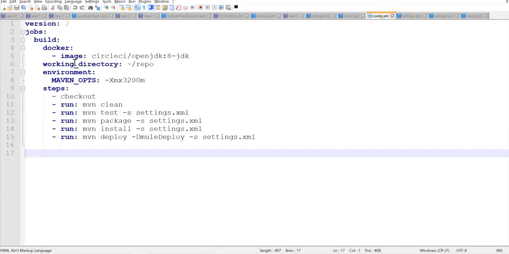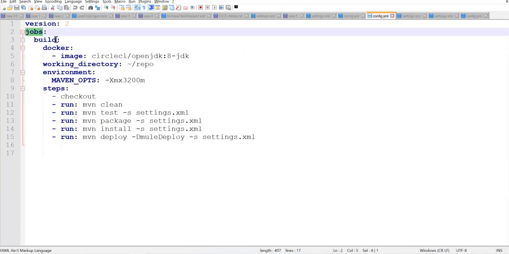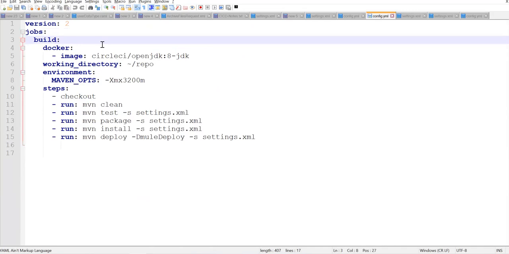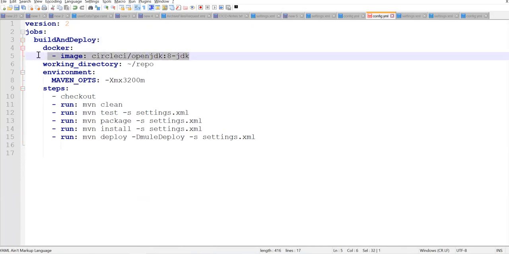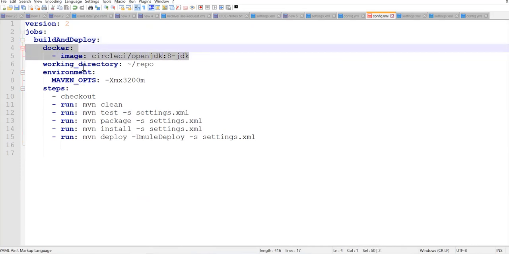Here what we are doing is creating a job, which is our CircleCI job. I can say build and deploy. This is my job. And then we are creating a Docker image here, so that will be my environment.